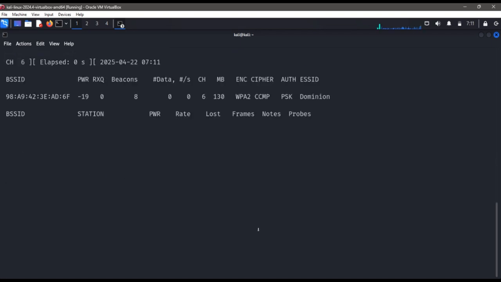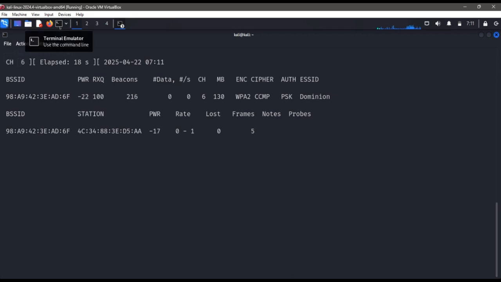So it captures the exact traffic of Dominion into the file. We're trying to capture that into that file called lesson 10. Now remember, we're looking for the four-way handshake. It has not been captured. So what we simply do, we allow this one to keep running, go and open another terminal,